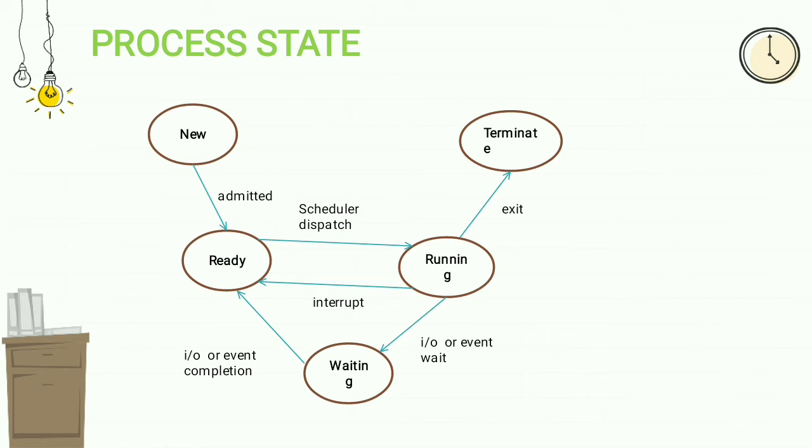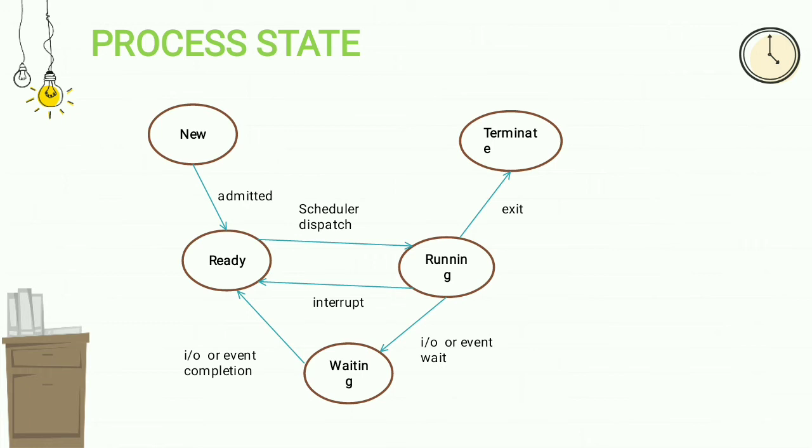So when the process starts execution, it is placed from the ready queue to the running state. Here you can see that the process can move among these three states, that is the ready, running and waiting state. While the process is executing, if there is any input or output event, then it will be placed in the waiting state. After the interrupt is completed, that particular process can be taken again to the ready state and then to the running state.